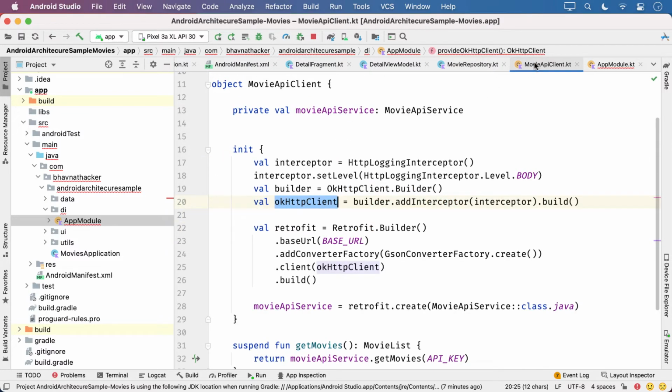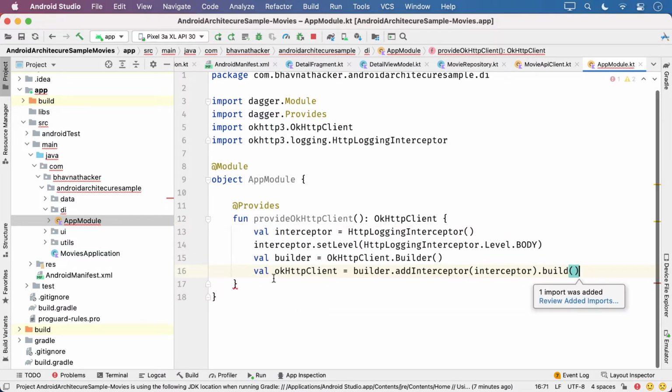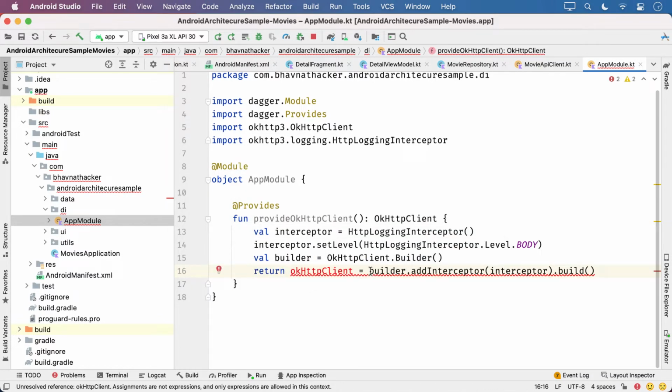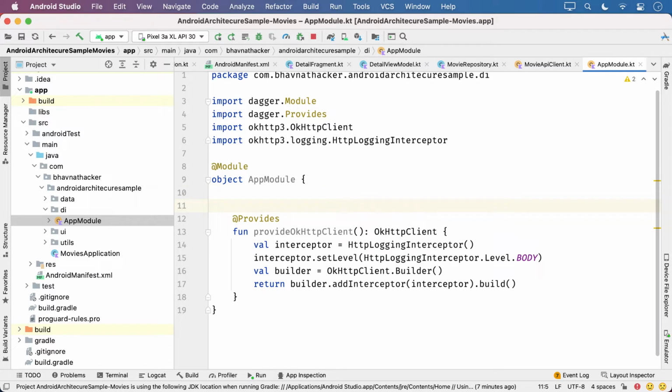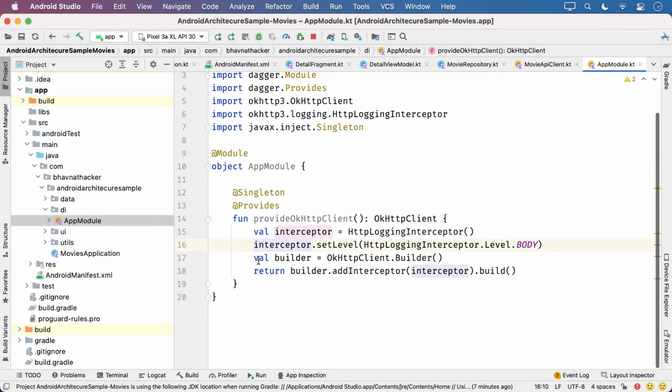And what we are going to do is copy this entire piece of code here, and we are going to return this. So I'll say return, and we don't want multiple instances of this. We only want the same instance. So singleton.